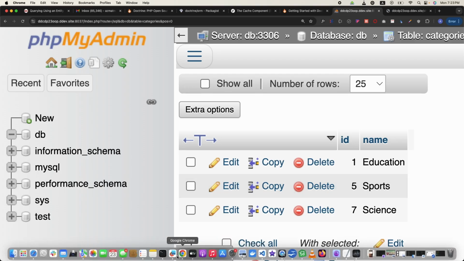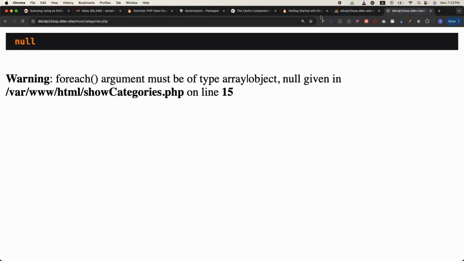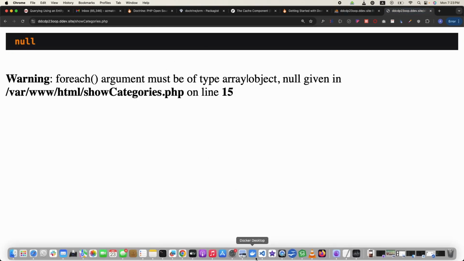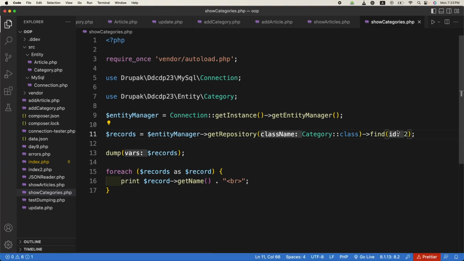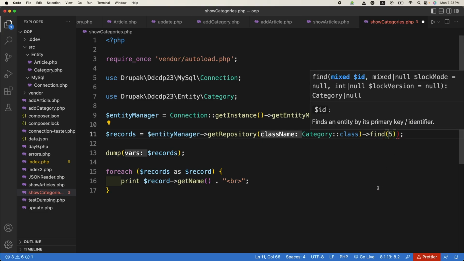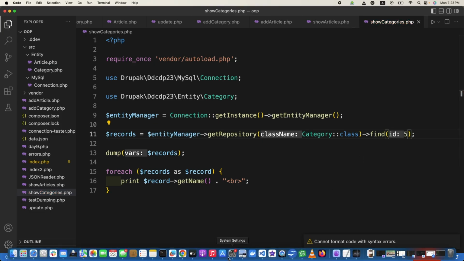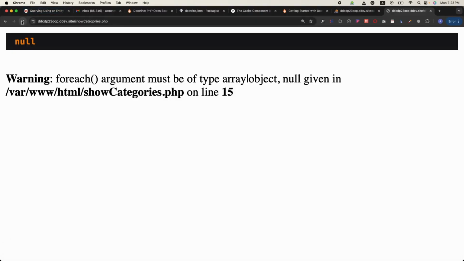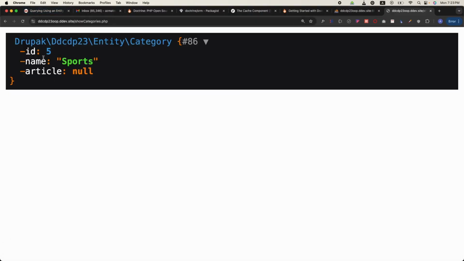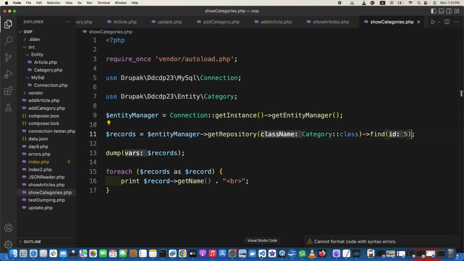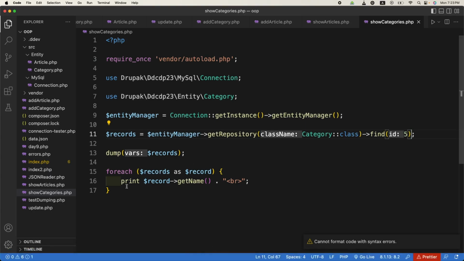If we make it 5, and maybe you are right, it is not an array. So if I just 5, because an ID will always be the 5. Let me just check. If it is not working, then we will change it to yes. So it is just one record, and we can use